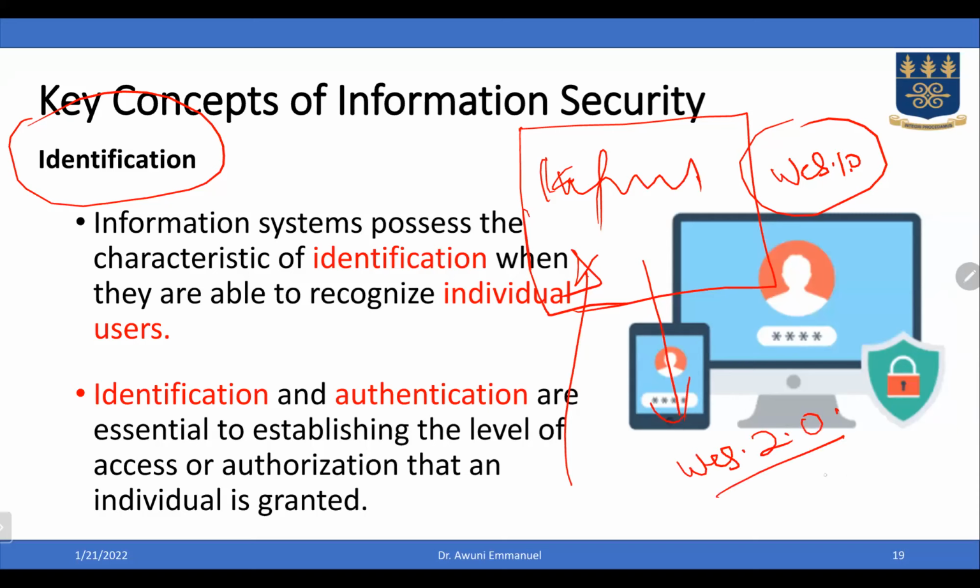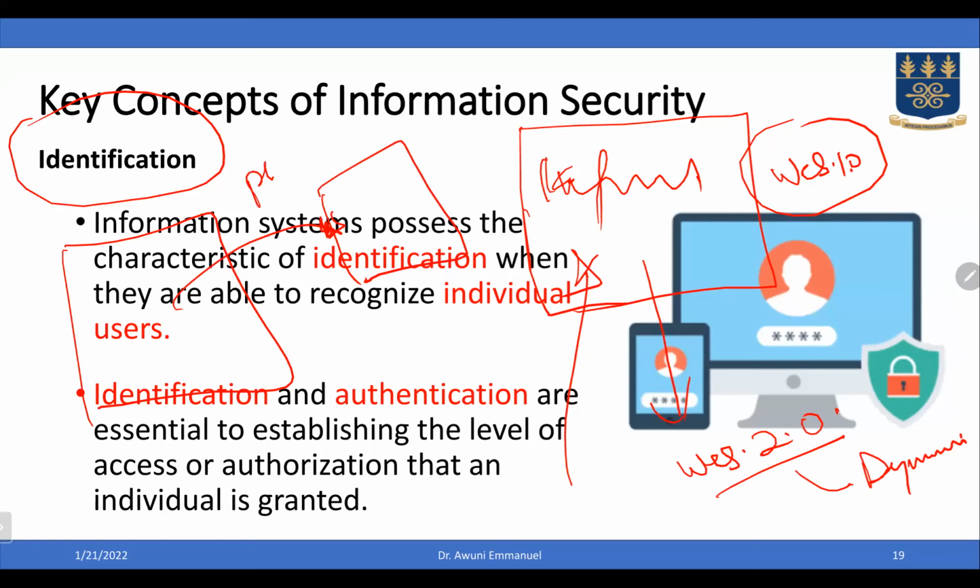Web 2.0 brought about dynamism in websites, meaning that with a web interface, you can access information from a database. A database is developed and linked to the web interface, usually with PHP, or nowadays even Java, as a server scripting language. When you are applying for your program at the University of Ghana, you have to go online and fill a form. The PHP or JavaScript takes the data and pushes it into a database. So there's an element of dynamism here, and that's where we move to Web 2.0.